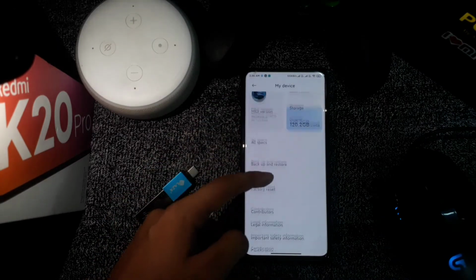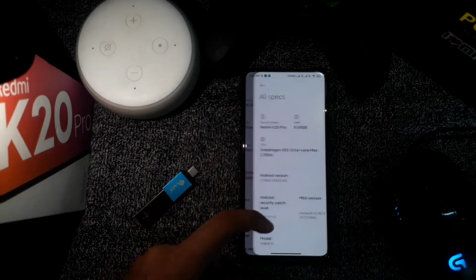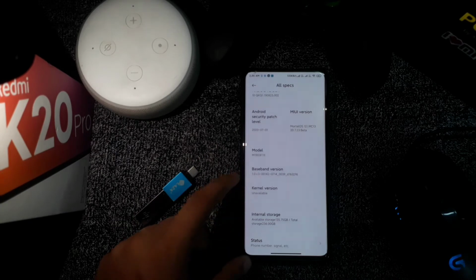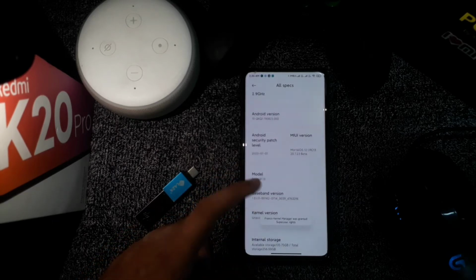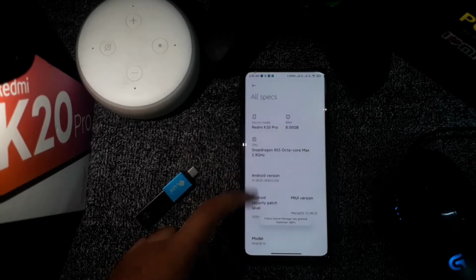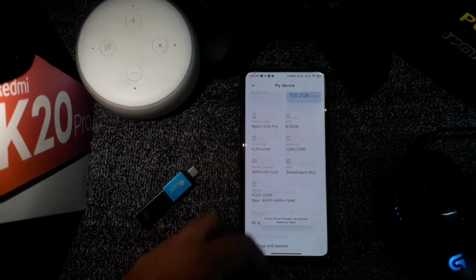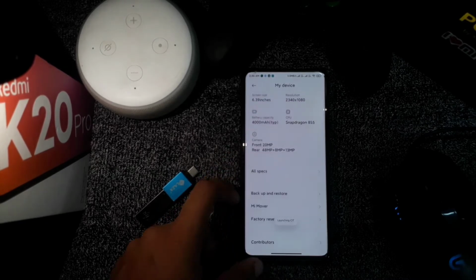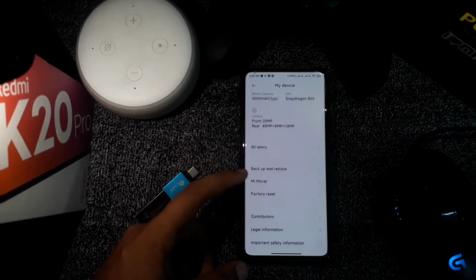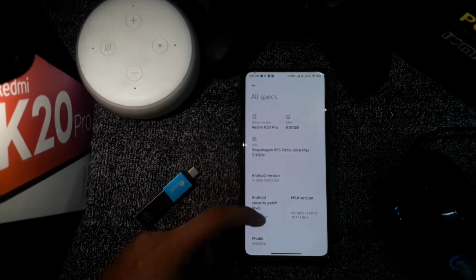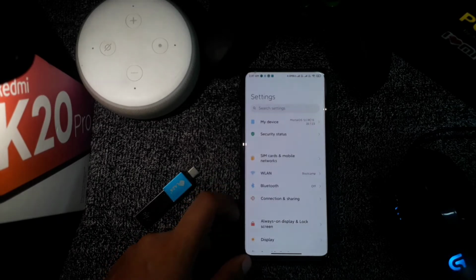So now let's come to the discussion. Why would you overclock your display? Most of the answers will be to play some games with higher FPS. Yeah, I know it's PUBG. I can understand the pain of frame drops. But you guys may know that we can get max 63 to 64 FPS on PUBG global version, and it's locked by the Tencent company. If you buy a OnePlus 7T Pro, then also you will get 60 FPS max. So there is no benefit of overclocking the display on PUBG.